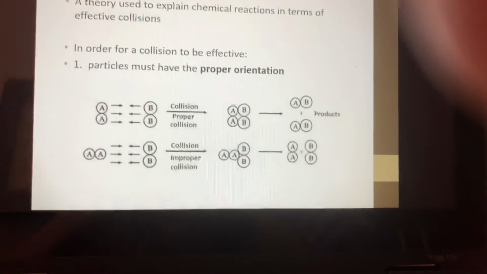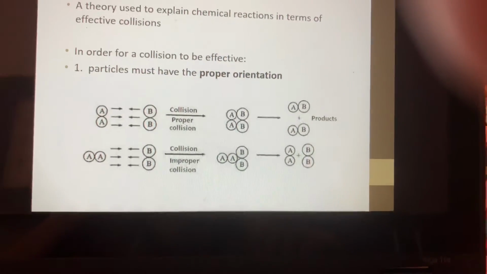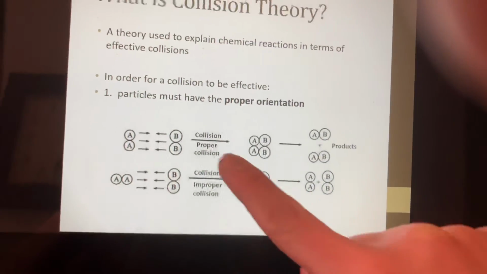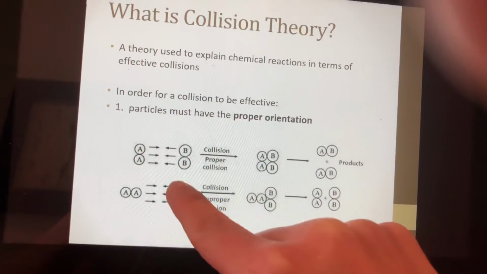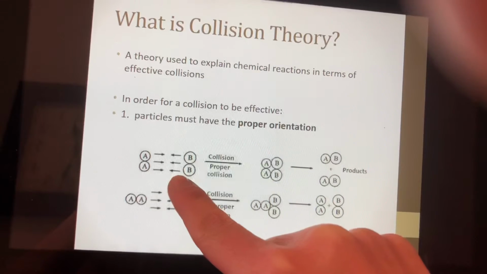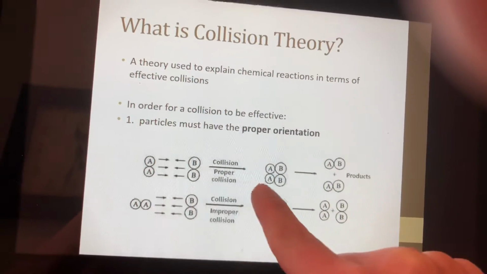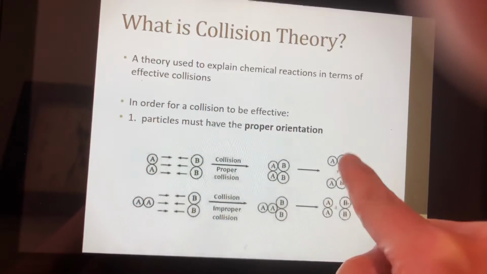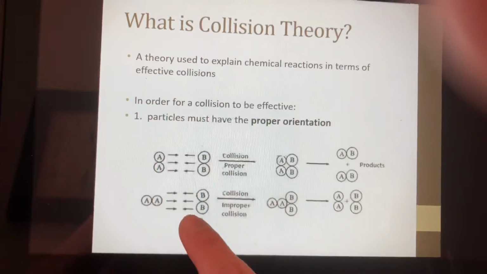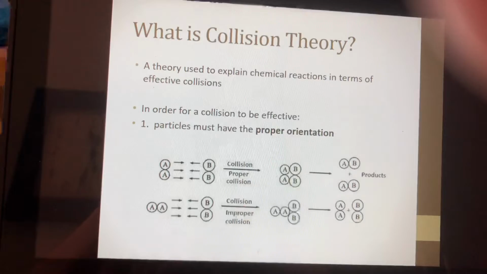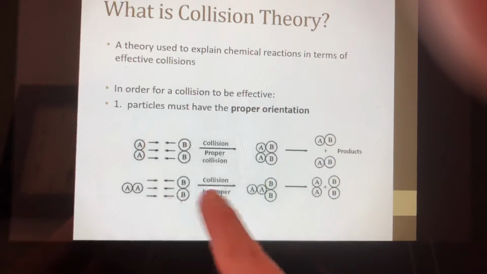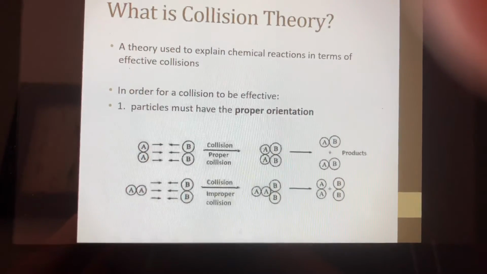So right here, in the first example, it shows you that these particles A and B are in the proper orientation to collide, and a reaction happens, they form their products. Here though, they are facing the wrong way, like they're in the incorrect orientation, and therefore the reaction does not